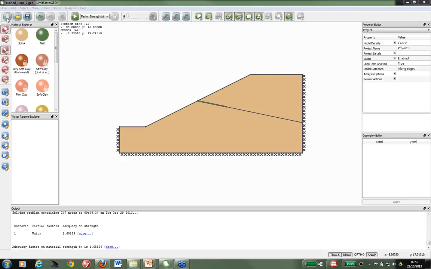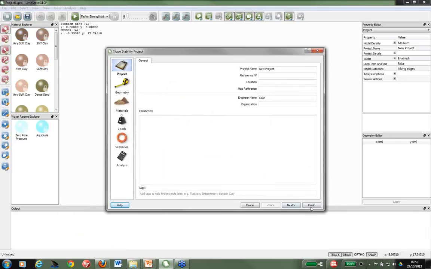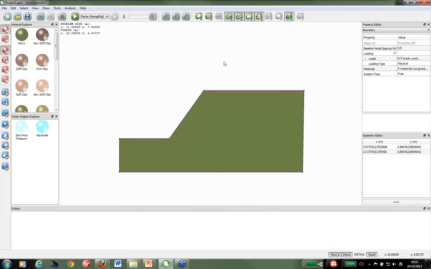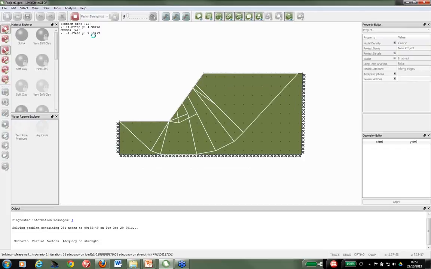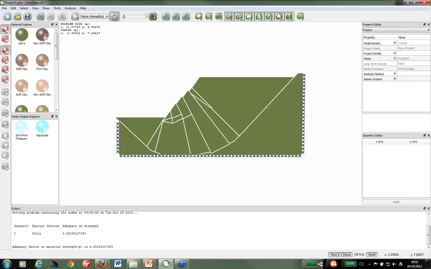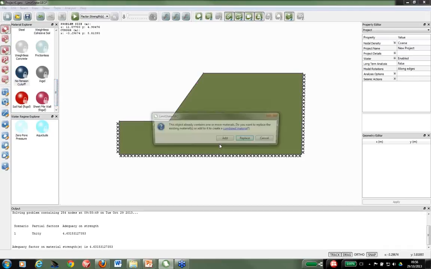I have a question about modeling tension cutoff. You can model tension cutoff in the software, so what I'll do here is look at an undrained slope problem, analyze that first as is, factor of strength of 4.63. You can add a tension cutoff material, there's a material here, to the whole soil body, and if I click add here,